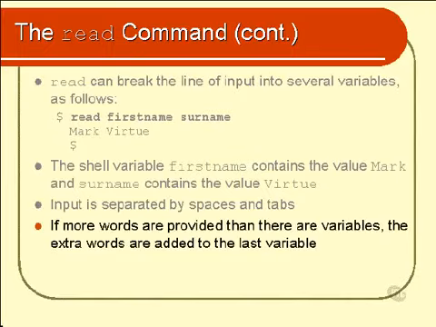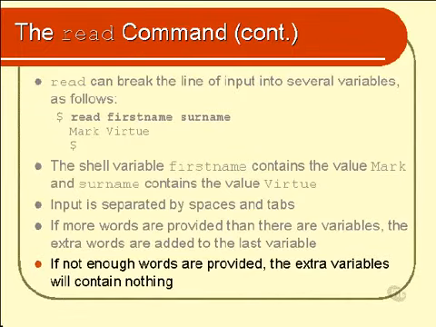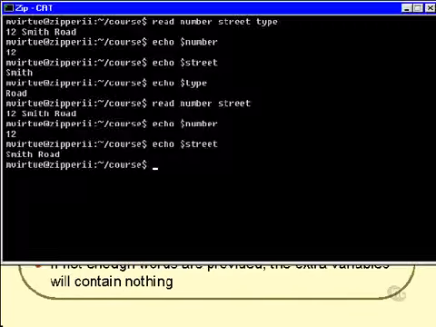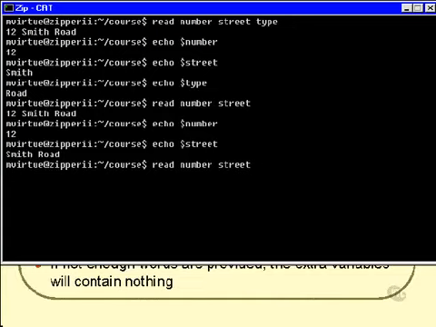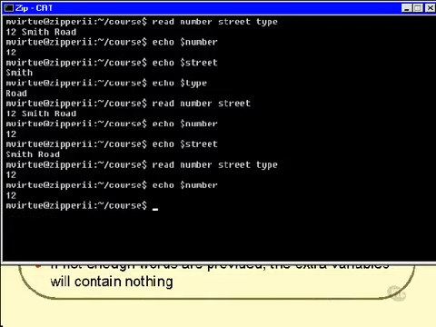And finally, if not enough words are provided, then the extra variables that didn't get filled just simply contain nothing. Let's have a look at that. If I type in read number, street, and then type, and all I type in response to that is 12, then I look into number and it contains 12, and I look into street and it is